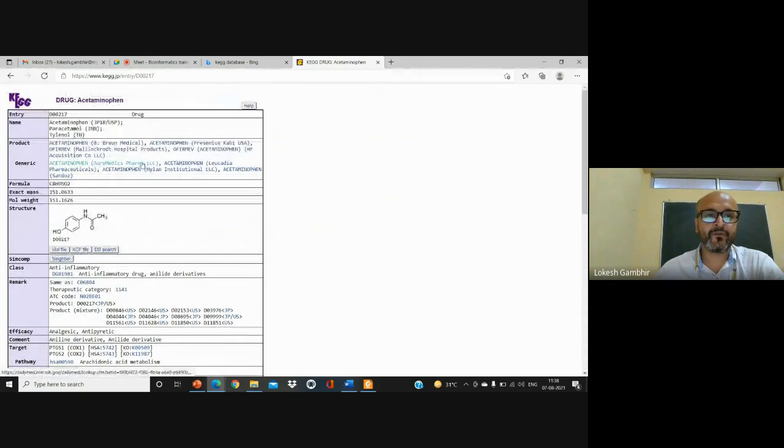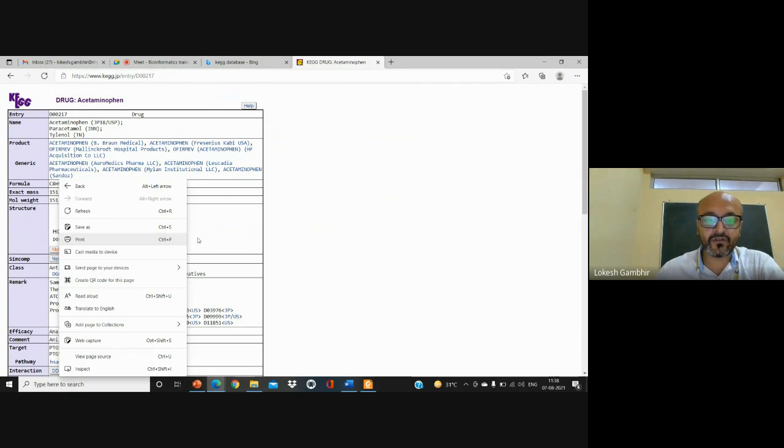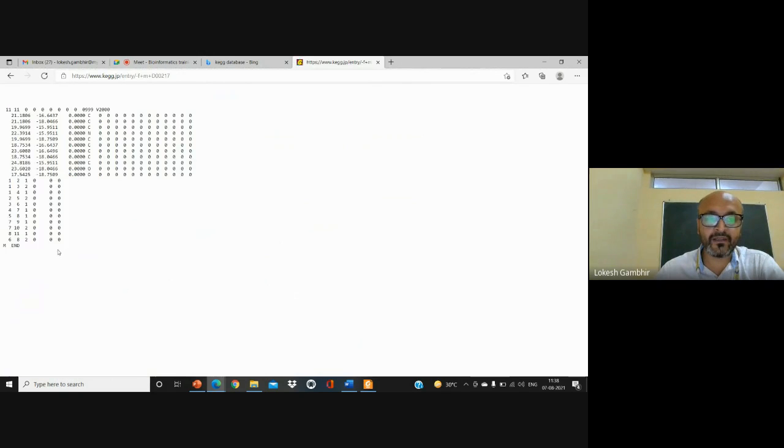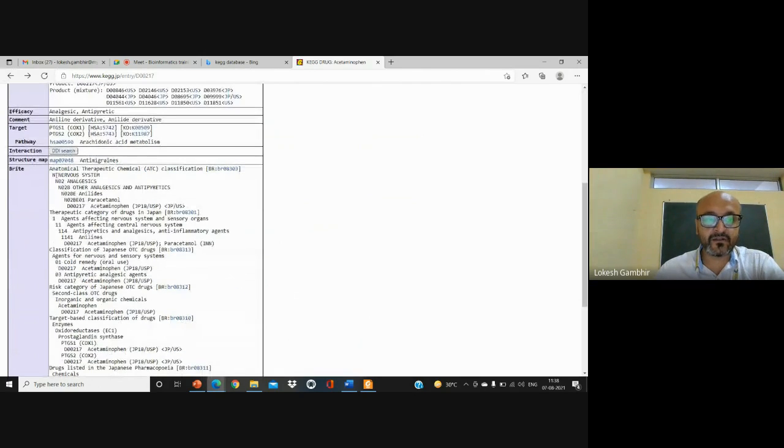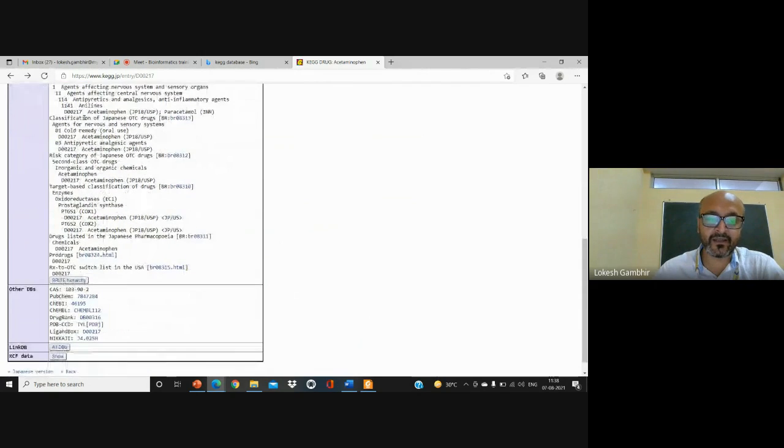What is this information? The name of the drug, the structure of the drug. Now the molecular file link is also there. You will click on this particular molecular file and you will get the complete profiling of the drug. Then apart from this, on the complete right part, whether you're talking about the nervous system, or what targets it is using inside our body, that complete hierarchy is there.